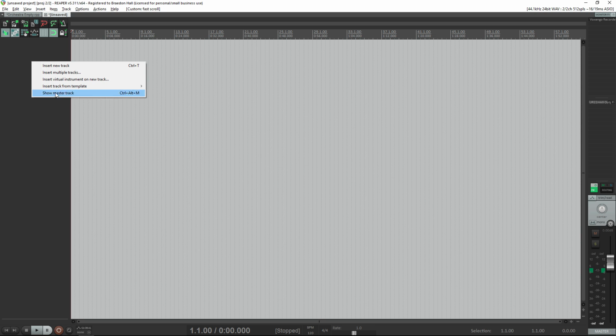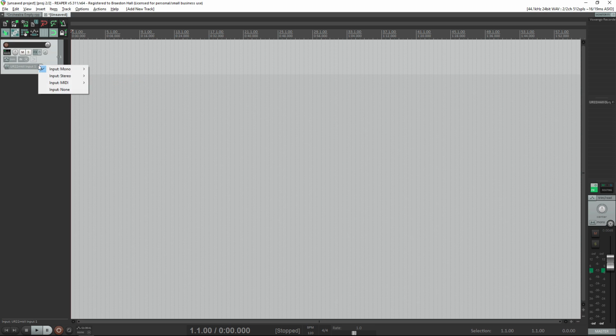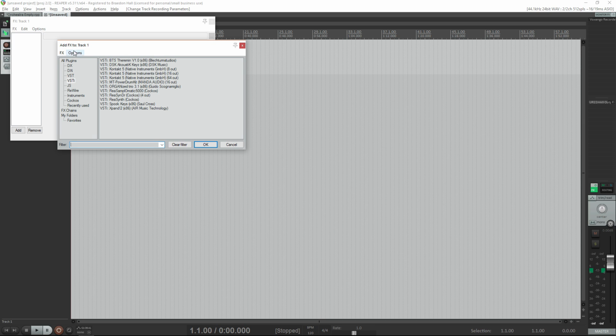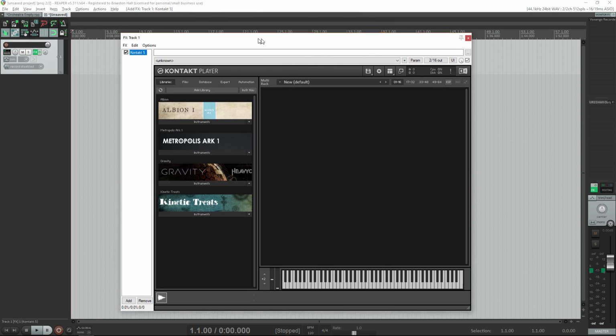So the first thing you want to do is, of course, insert a new track. And you can go ahead and select input none for this one, as this will be our parent track. So once you've done that, go ahead and open your effects window, and we'll want to load our first instance of Kontakt. I would recommend selecting this 16 out option, as this allows us to have 8 instruments within this